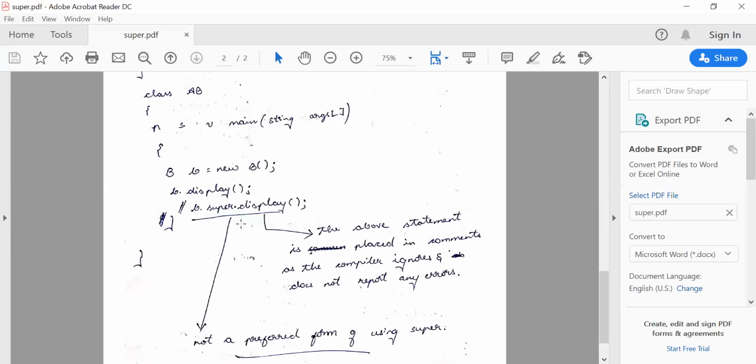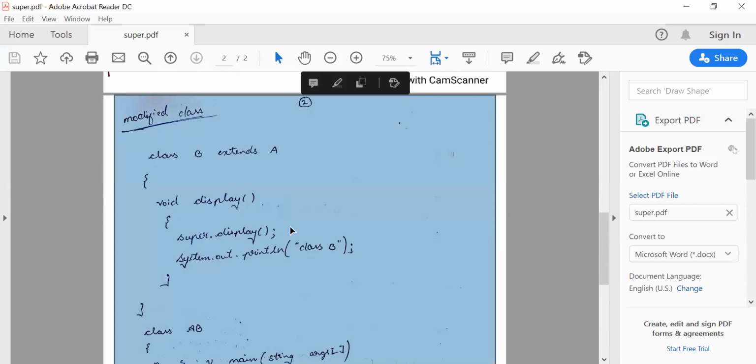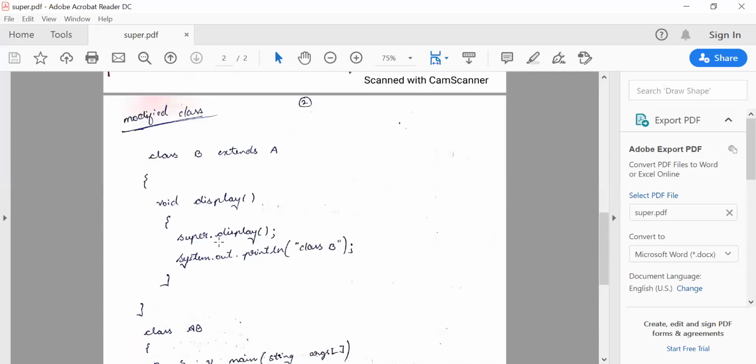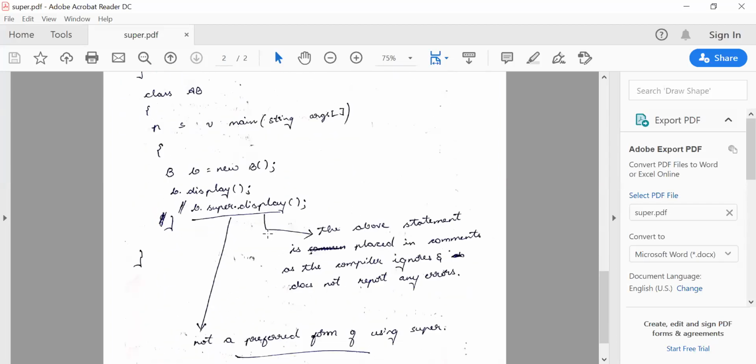To avoid this, whenever you're trying to call the superclass, write it in this way. Enter into the body of the method which is overridden. From there, try to call your superclass member which is hidden. I hope you understood. Refer to this. When you get a doubt, you can ask me again.